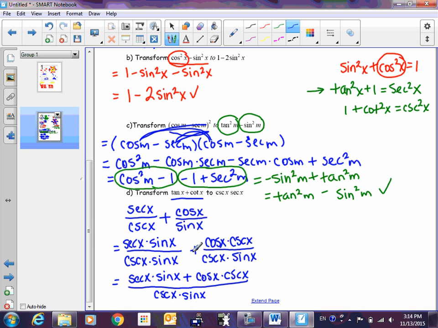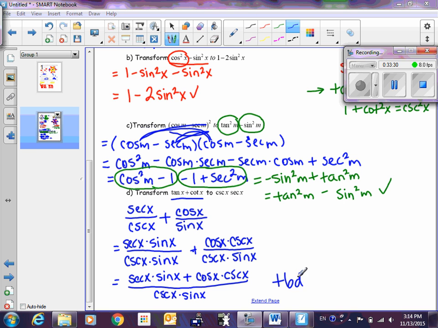Okay, I wish we had about 5 more minutes, but we don't. So we're going to write TBD on this, and we're going to continue this later, okay? To be continued. Yeah, I should write a C, right? To be continued, not to be determined. We already know what it's going to equal. Have that